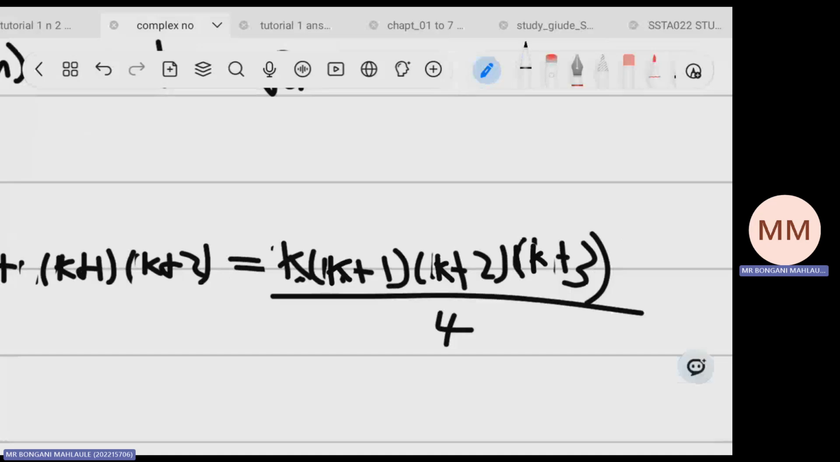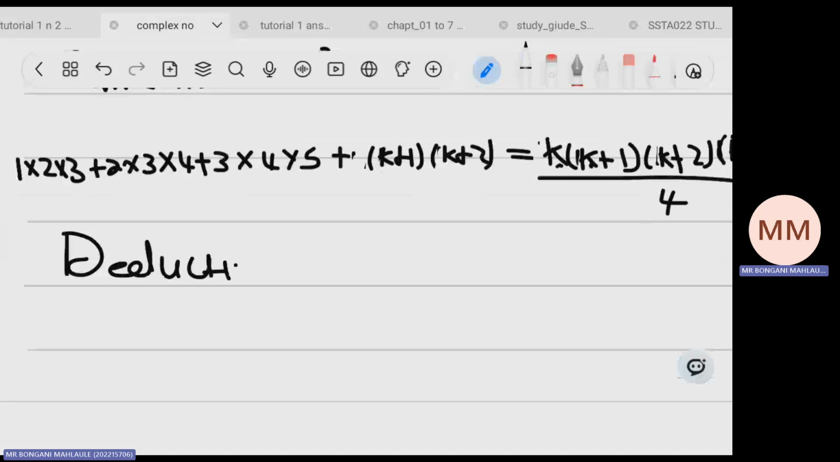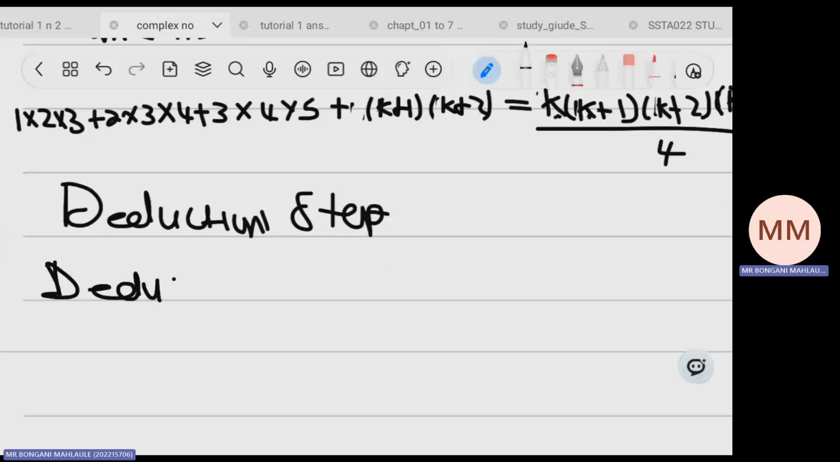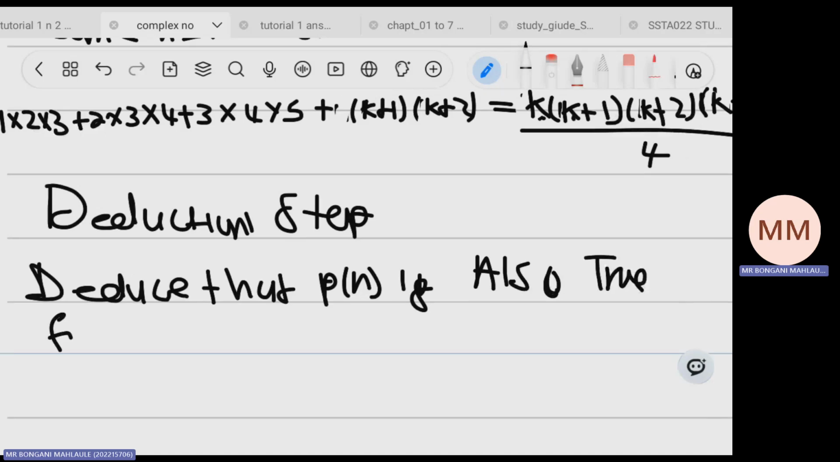Now we can go to the deduction step. So we're going to say deduce that P of n is also true for some value of n equal to k plus 1, such that